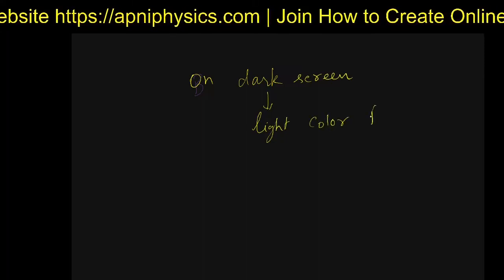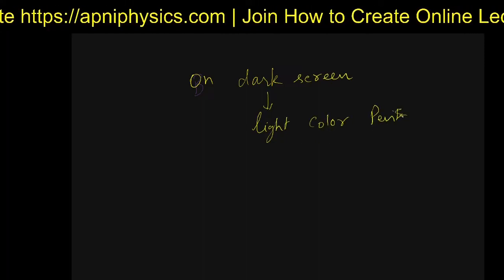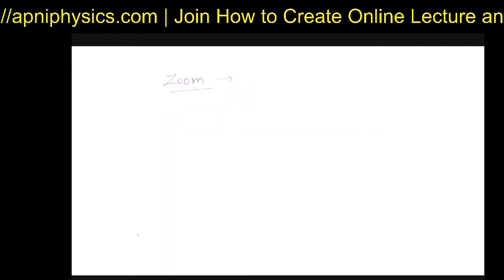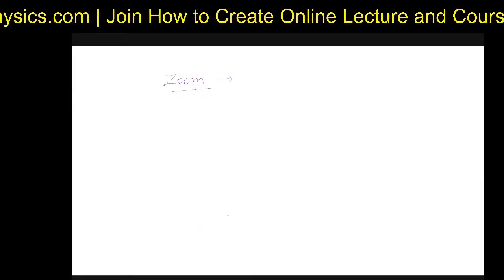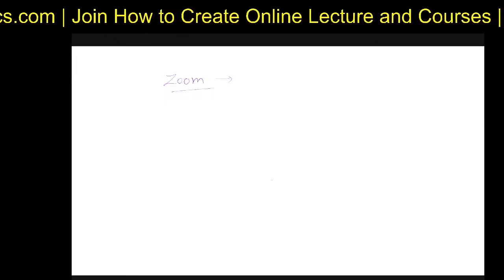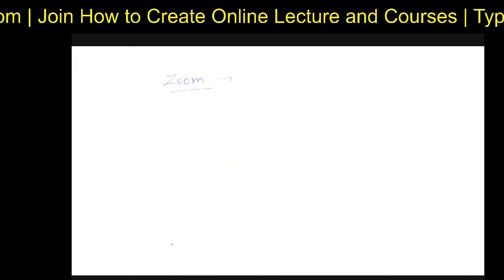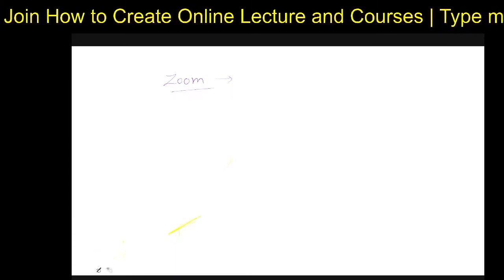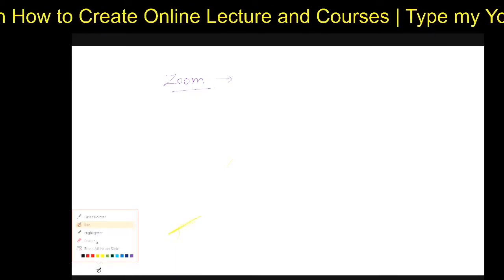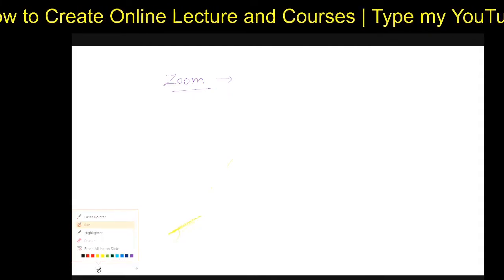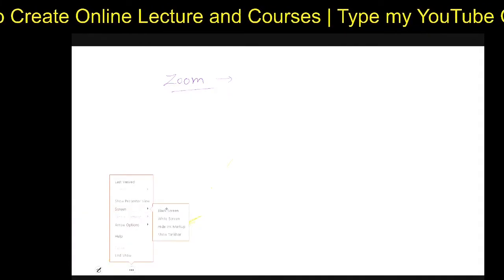So now I am using the note pen. If you want to use this white color again, then use the Control Z button, and automatically you will come to the first slide. So whatever changes you have made will be erased. And again I go here on the screen, and this is a black screen. Now I want to use this particular white color.